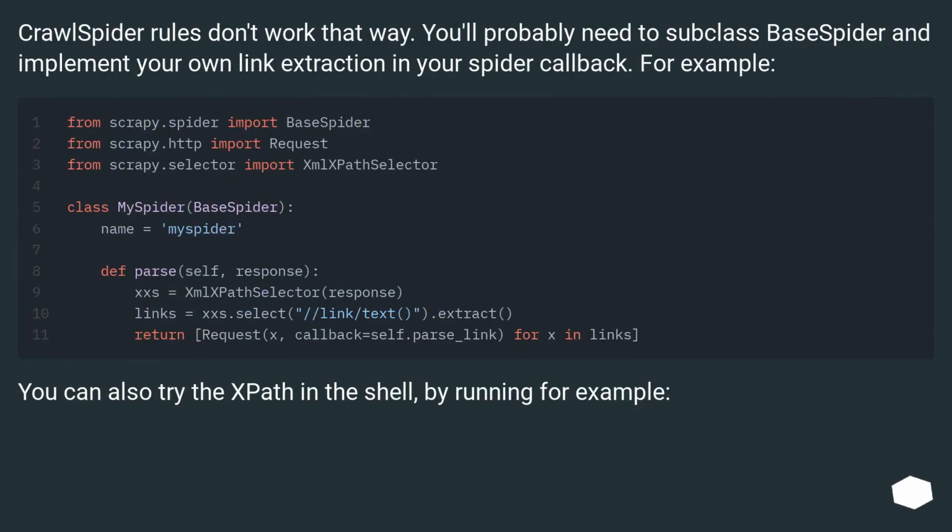Crawlspider rules don't work that way. You will probably need to subclass Scrapy spider and implement your own link extraction in your spider callback. For example,